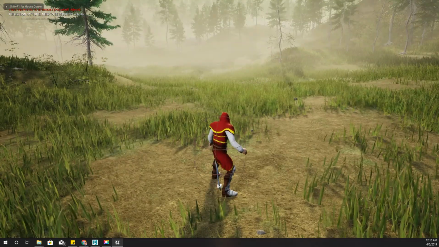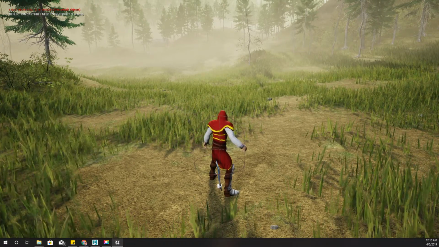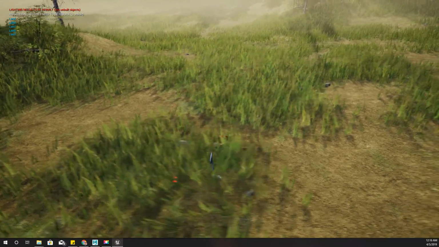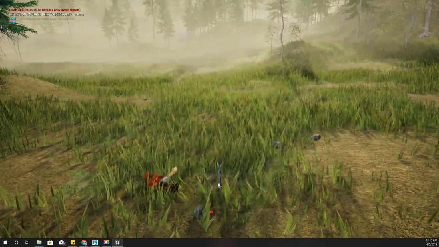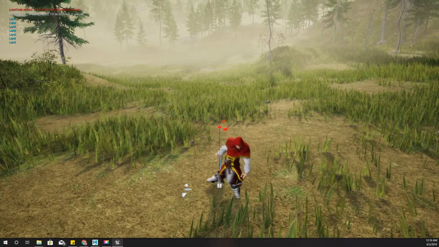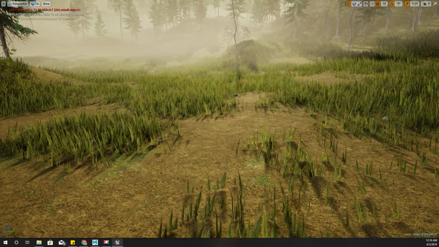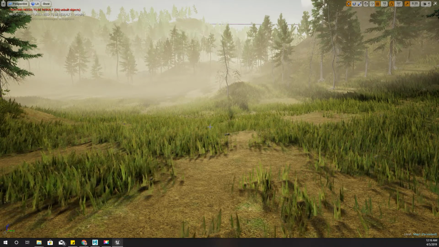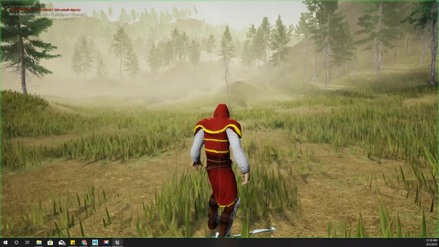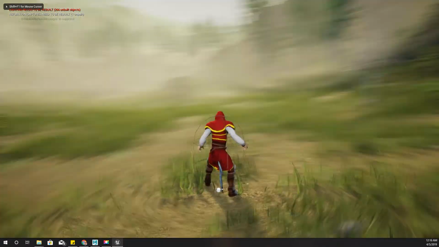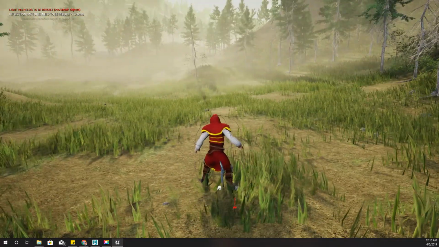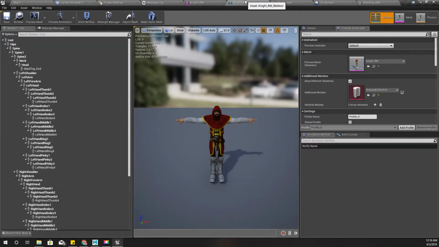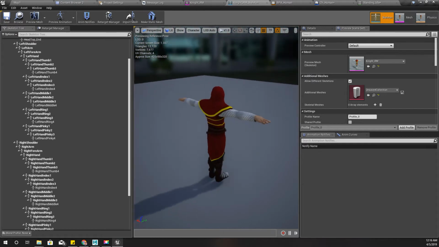Now my character, both basic poses are working again, but if I try to run or move, as you can see, this goes haywire. That's because of the rig change, and I haven't restored those animations yet. Okay, so the next thing, and we also have another problem, that my sword is